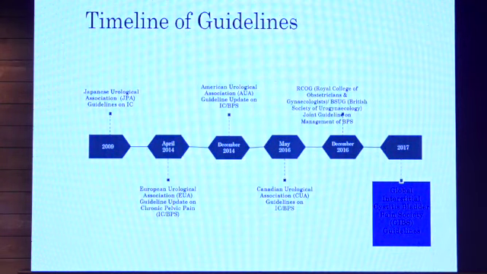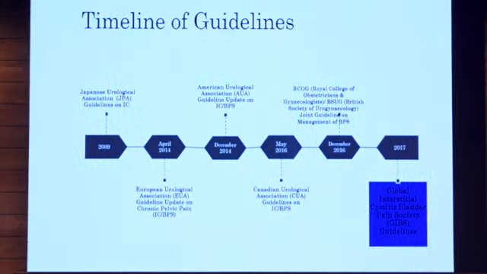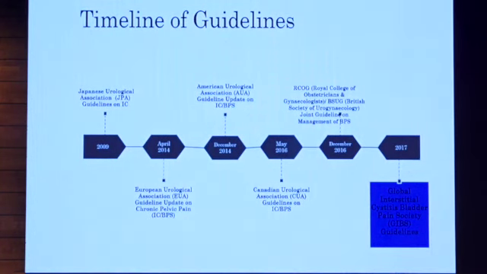You can see this slide. It's just to show how much work has been done on this disease all over the world. There are so many guidelines which were released one by one, as you can see on the slide. It starts from the Japanese, because it was thought of first in Japan. Then the European, American, and even the latest one, the Canadian RCOG. We have our own guidelines.